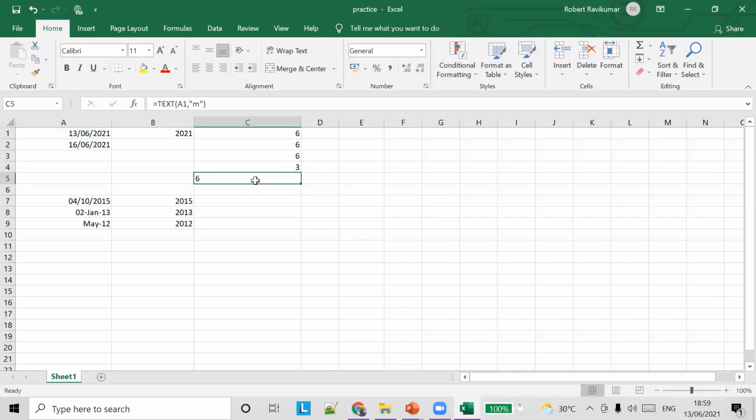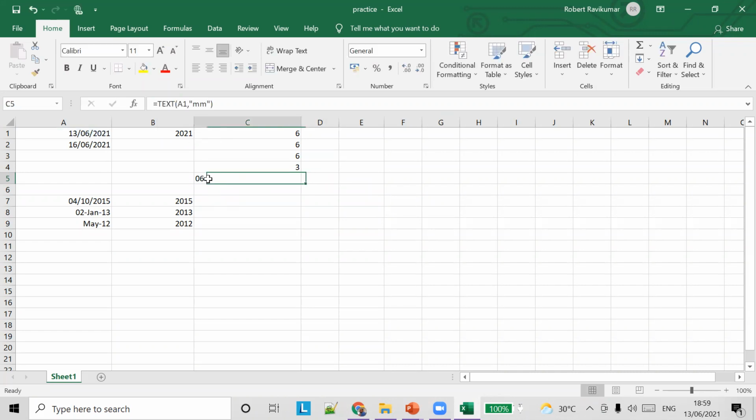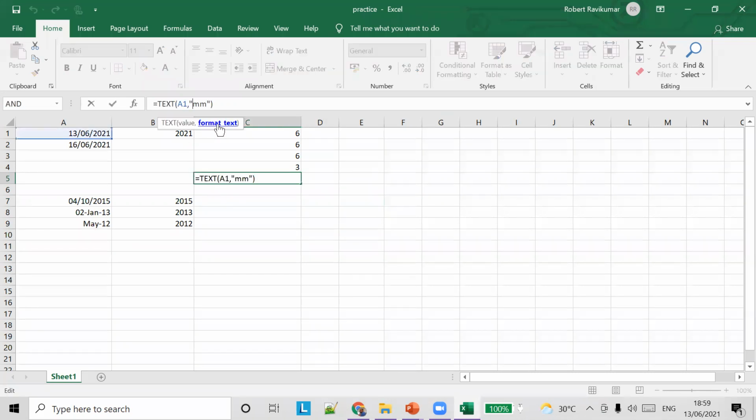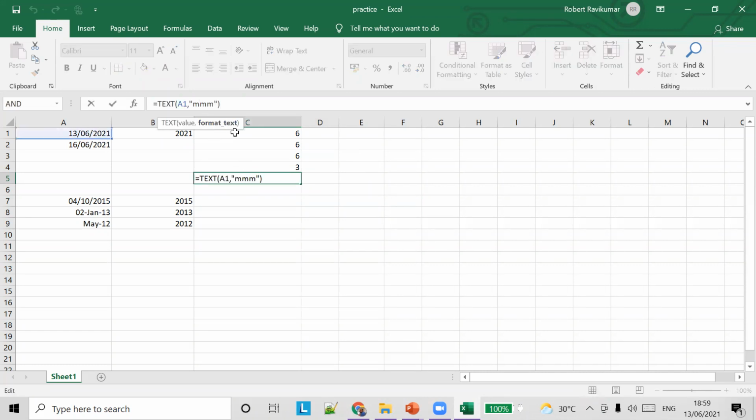See, now it's added a single m. If you pass a single m, it will give you a single digit. If you pass two m's, it will give you 06. If you pass three m's, it will give you the month name. So you can format the month also like this.